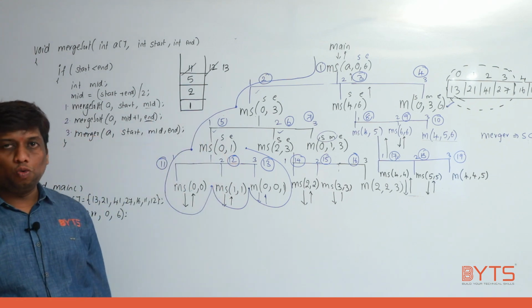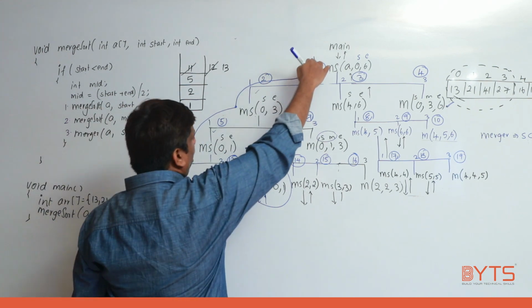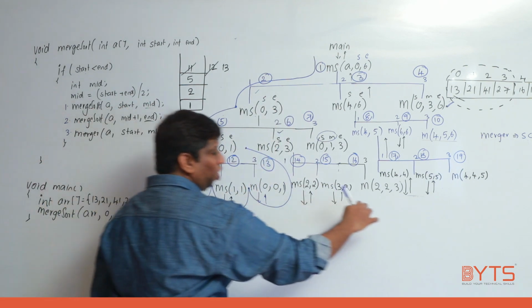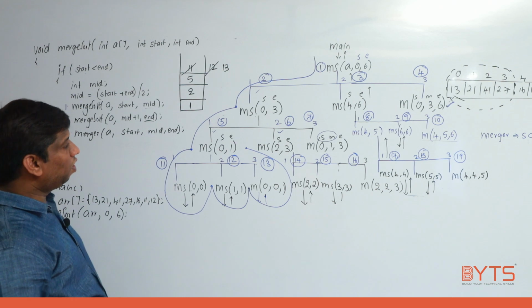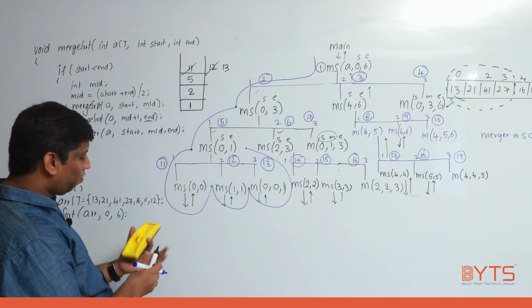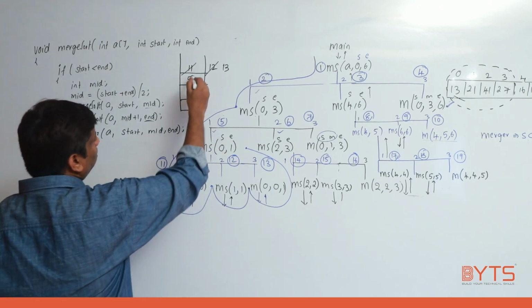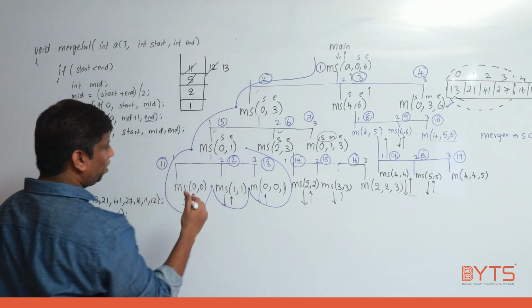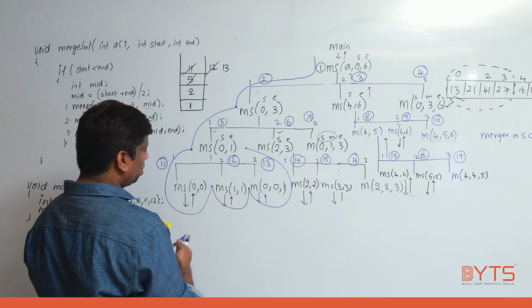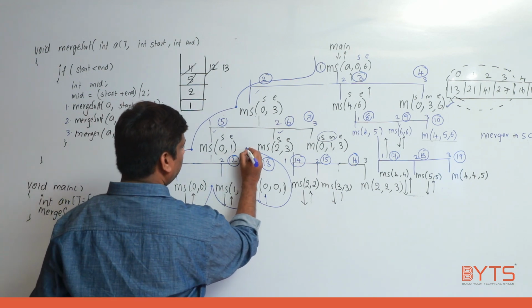Understand? The flow, how we need to start? Try to understand. Top to bottom I need to go, left to right I need to go. Now 5 is completed. If 5 is completed, what should I do? Can you please tell, 5 was called from? 5 was called from 2. Once 5 is completed, now again I need to go to where? This way. From here again I need to start.